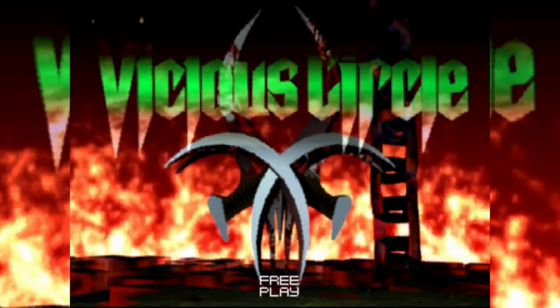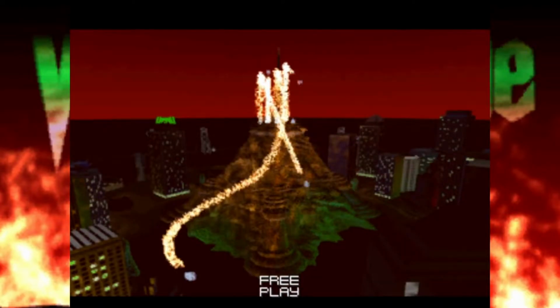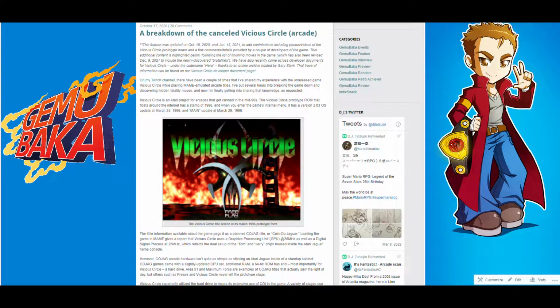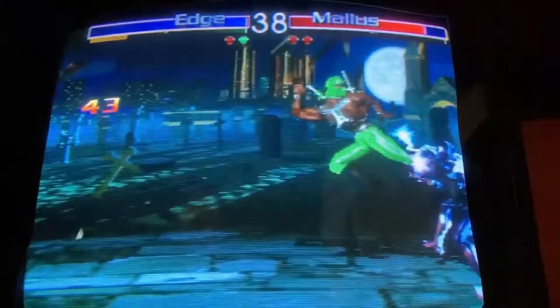A game you've likely seen a time or two on the Game Mubaka channels is Vicious Circle, a fighting game that was in development by Atari but was unfortunately cancelled. I've done plenty of updates that have detailed Atari's pitch documents archived by Gary Stark, breakdowns of the game's basic mechanics, photos and videos of the game running on real hardware thanks to Chance Palmer and Galloping Ghost Arcade, and